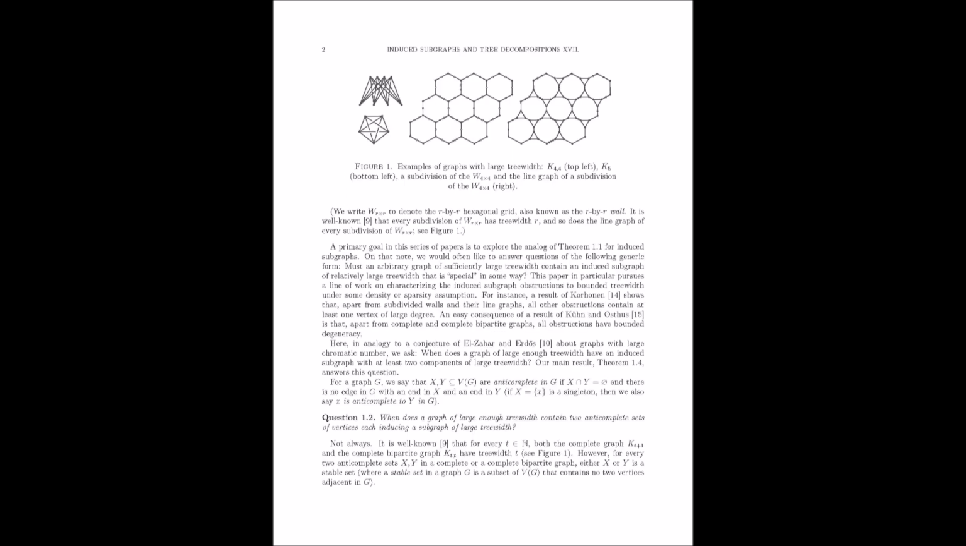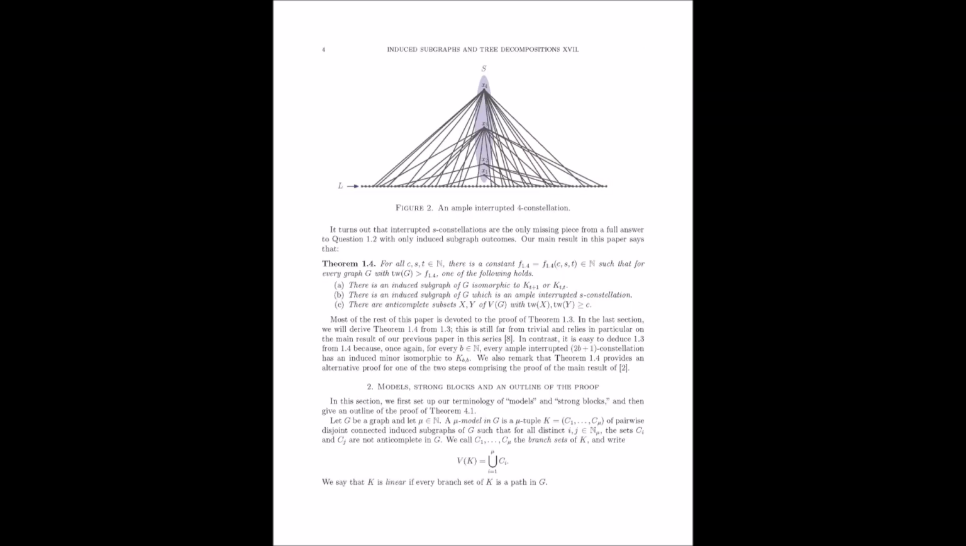Today, we're stepping into graph theory, and specifically a paper with a pretty intimidating title, Induced Subgraphs and Tree Decompositions, XVII, Anticomplete Sets of Large Treewidth. Yeah, it does sound a bit daunting. It does, but there's a really cool mystery in this paper, I think. Yeah, it's like a mathematical whodunit, where the culprits are these graph structures that prevent the existence of anticomplete sets